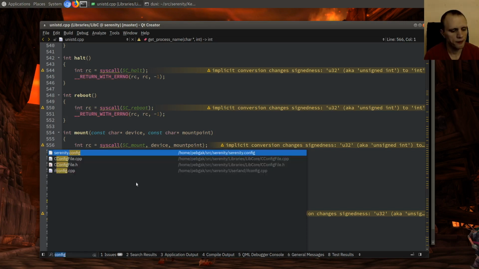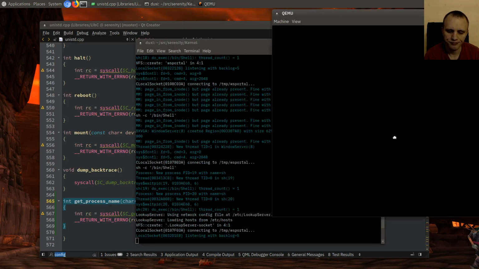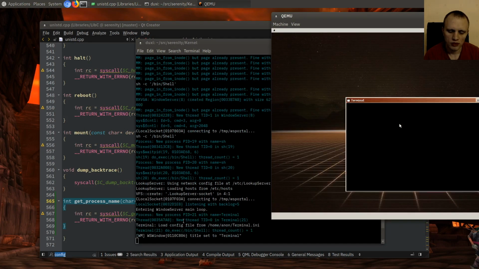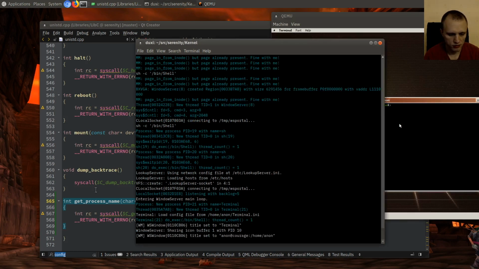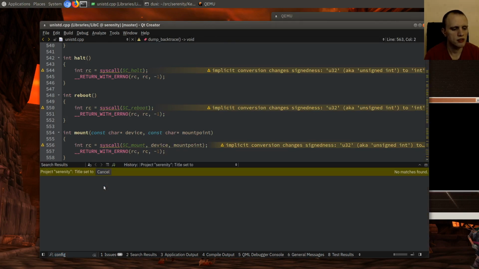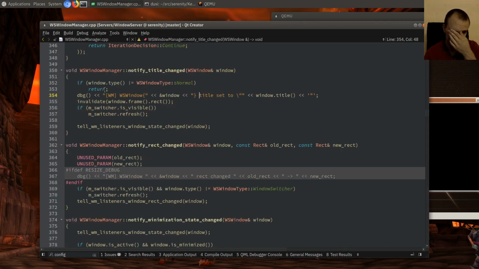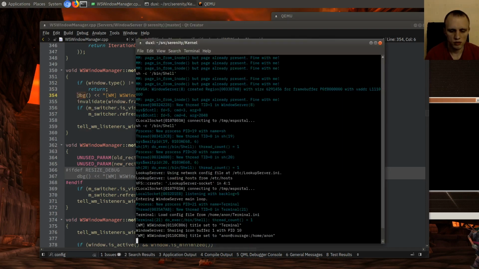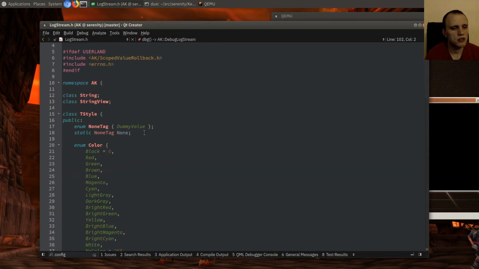Let's use it somewhere. Where do we want to use it? What's something that always pops up here that we could look at? I guess the window server? Title set to. Let's do that one. So let's see, title set to. Right, so what if we made this thing always put the program first? That would be kind of cool. So then it would be something like